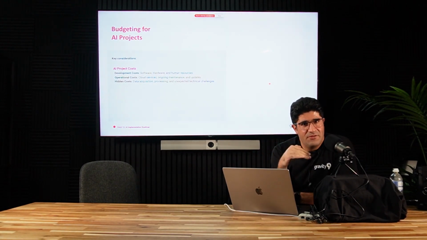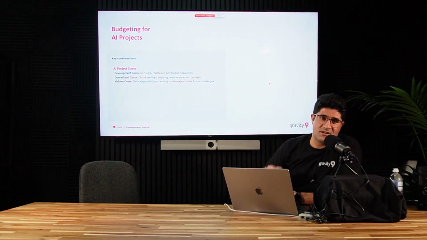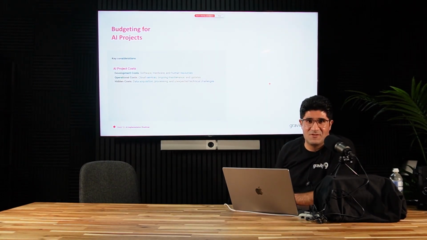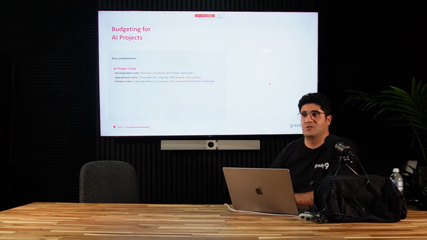And the third category is hidden cost. There is some cost that we cannot see from the beginning, specifically with data acquisition. When we want to access the data or process those data, I think sometimes we try to skip those costs, to consider those costs during the budgeting for the AI. And finally, unexpected technical costs, specifically with the AI landscape, because lots of changes. Every day we can see some progress, new versions of the libraries, frameworks coming out. You need to be careful.